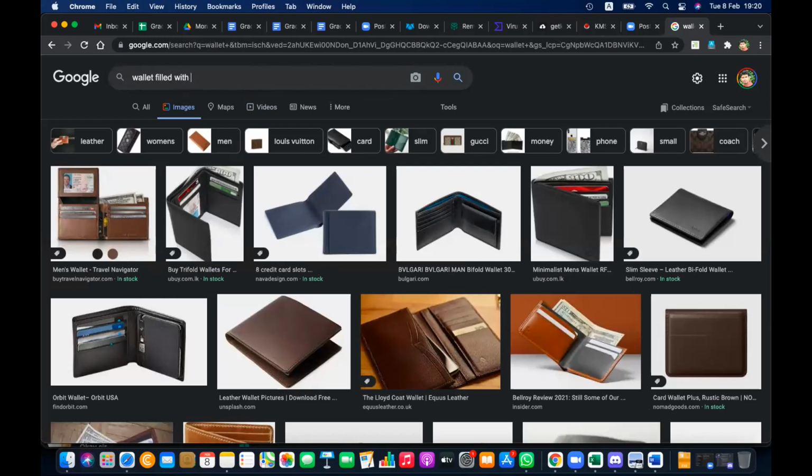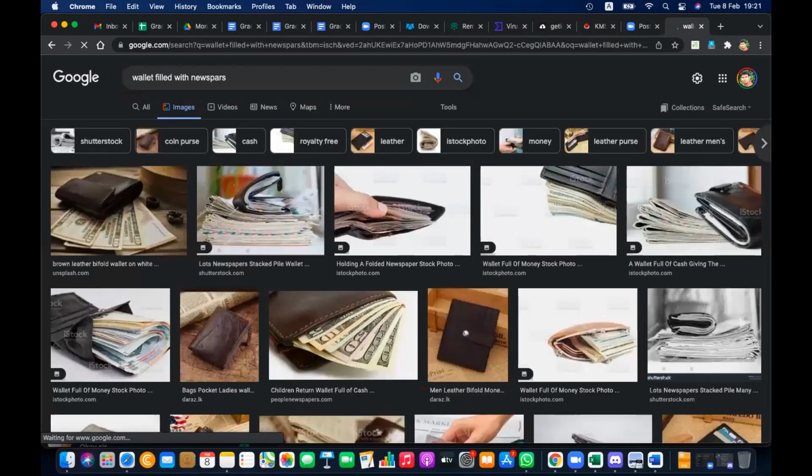This is really funny. Now we remember how our childhood was. No one will put newspapers into a wallet, but we did.